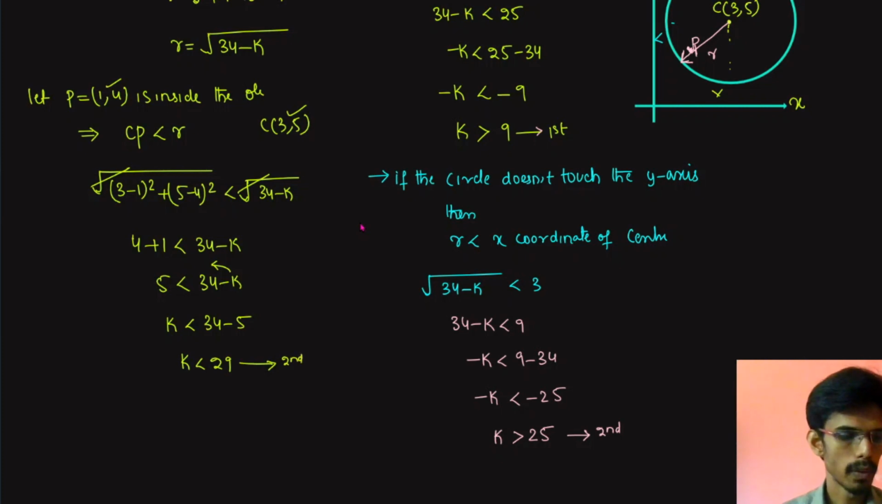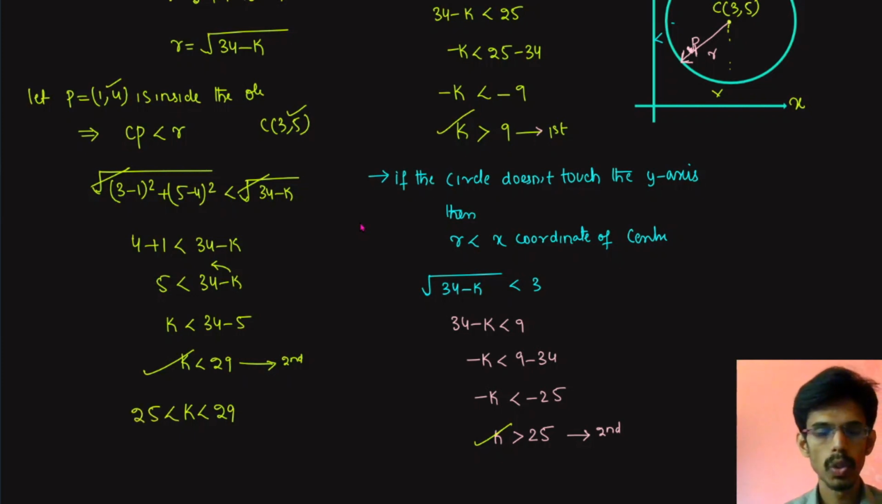By combining all the conditions, joining all this, the common region for the values of k will be: k should be less than 29 and more than 25. So k should lie between 25 and 29. This will be the answer,